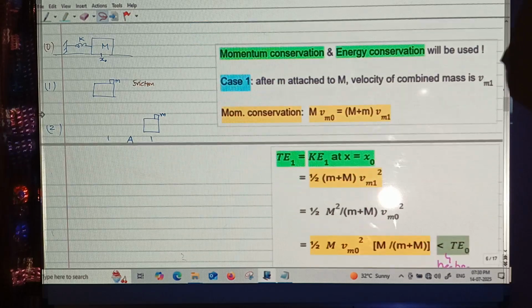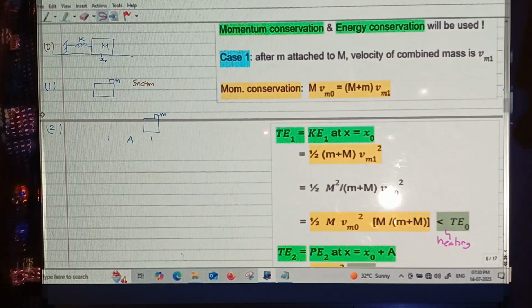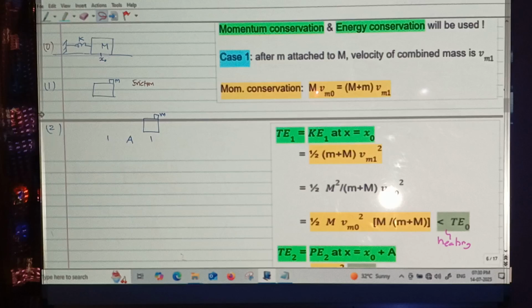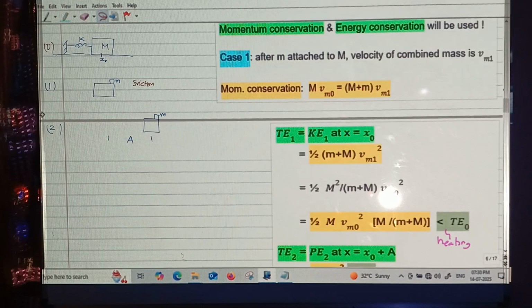Total energy in the first case is the kinetic energy at the mean position. At the mean position, potential energy is 0, so only kinetic energy will be there. It's half (m plus m) into Vm1 square, and Vm1 I can get from here as m by (m plus m) into Vm0. So using that,